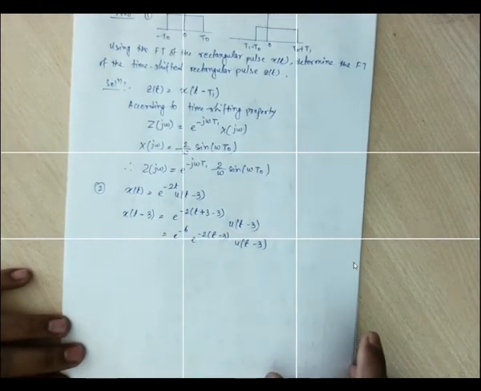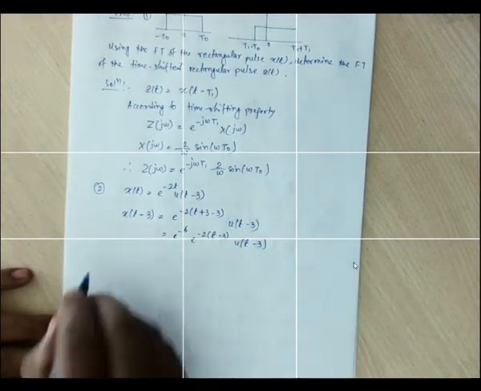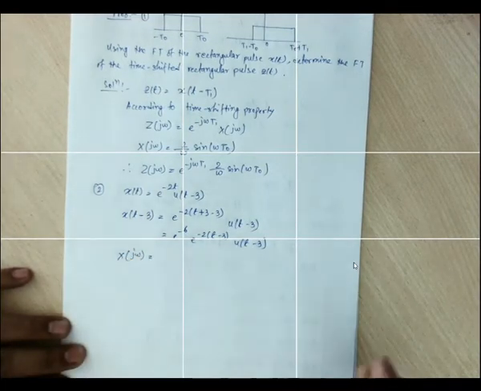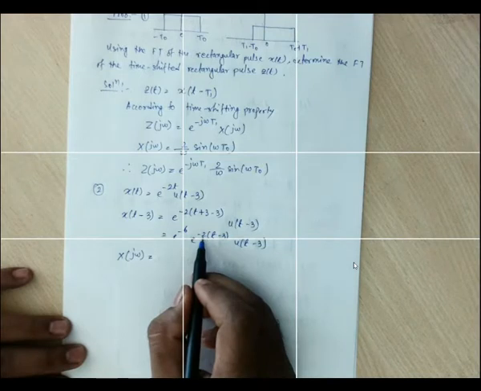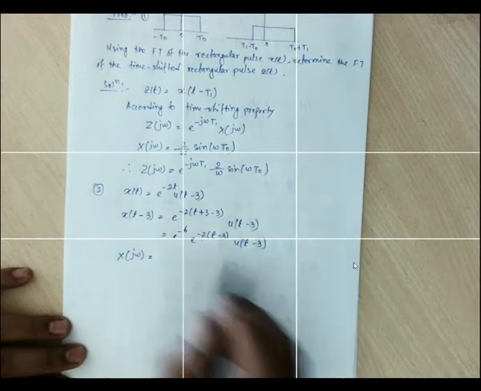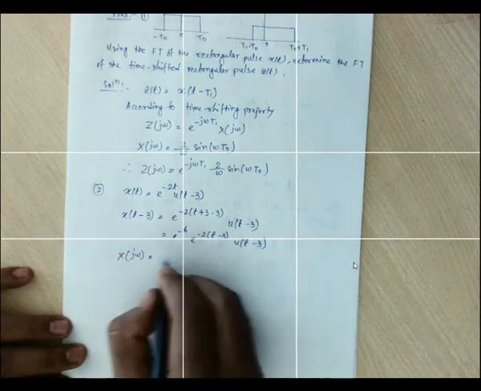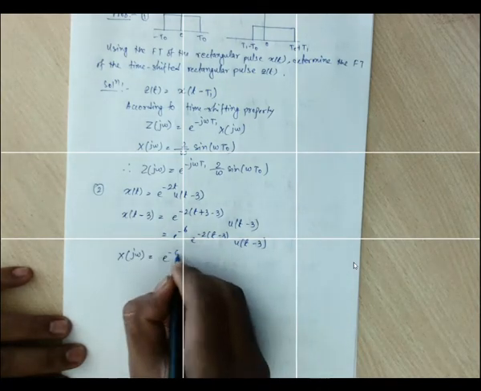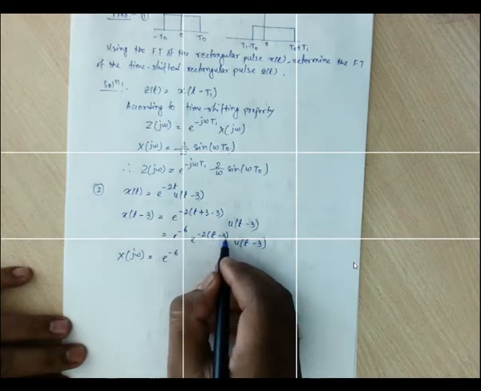So after that we are going to apply Fourier transformation of that. So if we take the Fourier transformation of this, what will be the result? For this it is 1 by a plus j omega. Here a is 2, right? So our time shifting parameter is 3 here. So this is minus 6. So t naught, here t naught is 3.